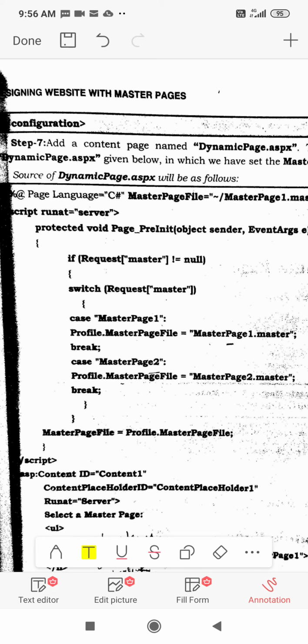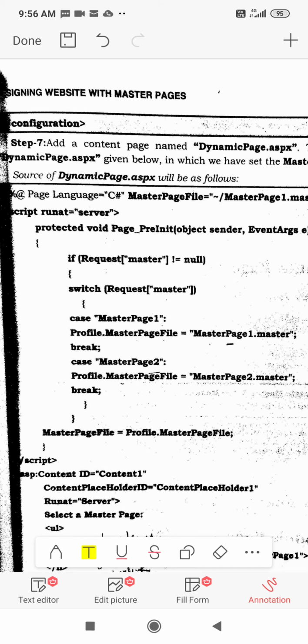Why have I taken two master pages? Because I want some content to be displayed, but some content I don't want to display. The content which I don't want to display at a particular time, I will put in master page 2. The content which I want to display at some other time, I will put in master page 1. So I have two master pages.